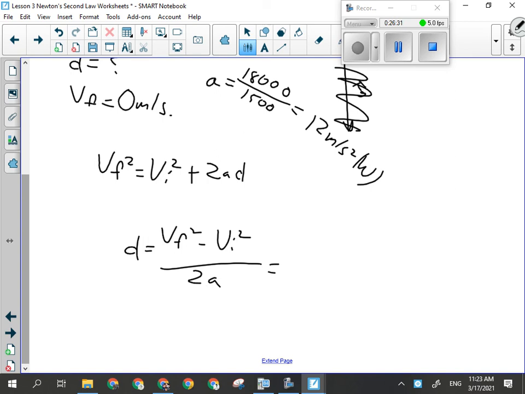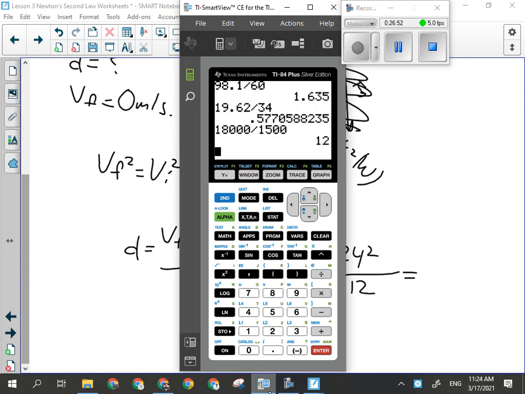That's going to be 0 squared minus 24 squared divided by 2 times negative 12. It's key that I make that 12 negative because I've got a negative on the top as well. So I'm going to have 0 minus 24 squared, divided by